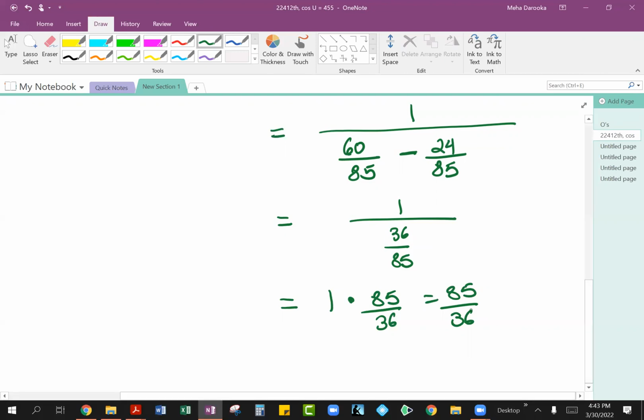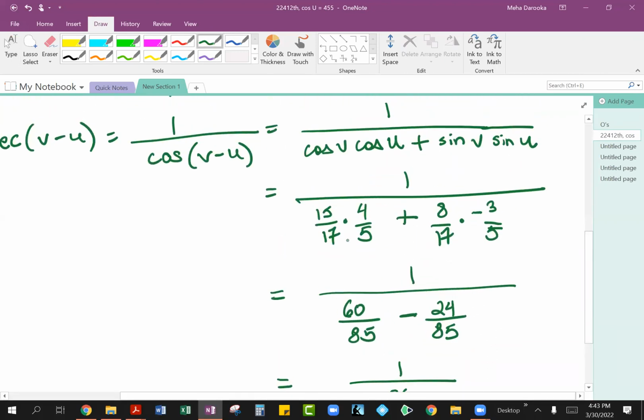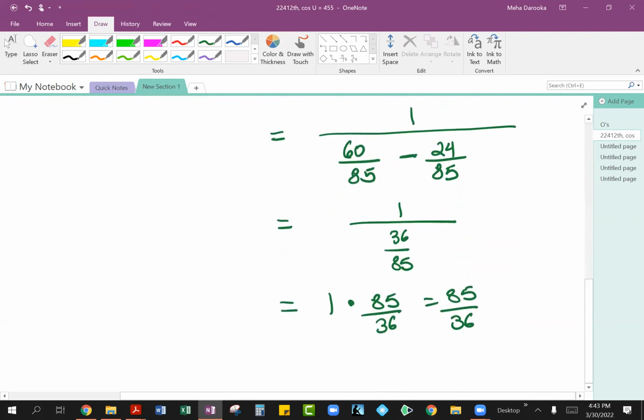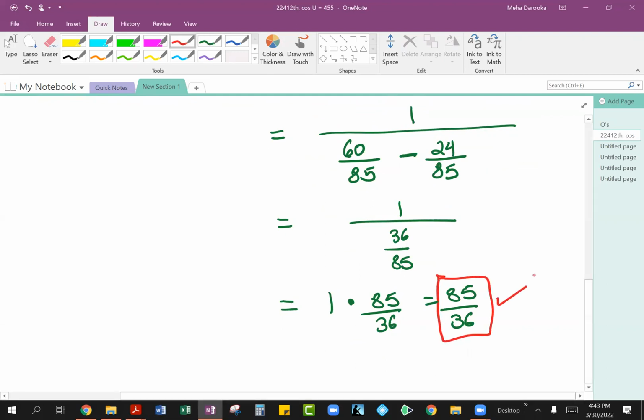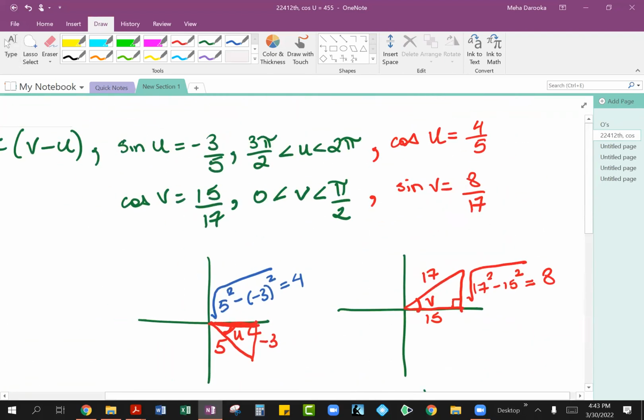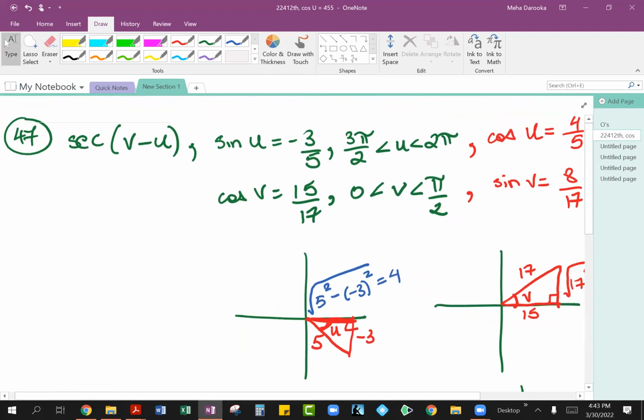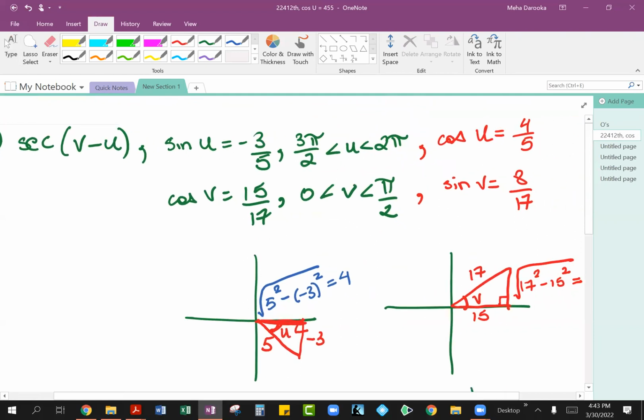Yeah, because obviously, as you saw, 85 breaks down into 17 and 5. And neither 17 nor 5 will go into 36. So we'll not be able to break this down anymore. So that will be the answer you're looking for. So that's our exact answer that we were trying to find for secant of v minus u, based